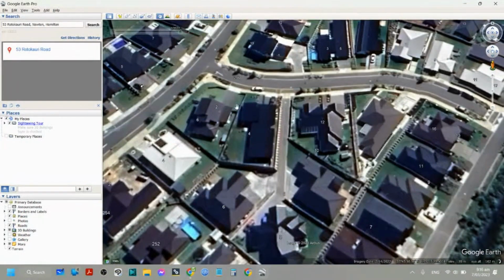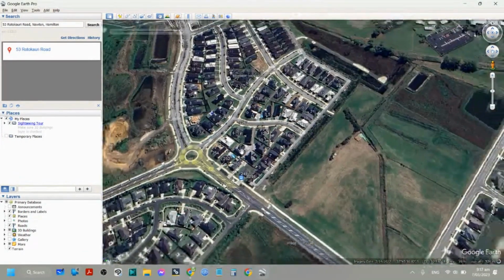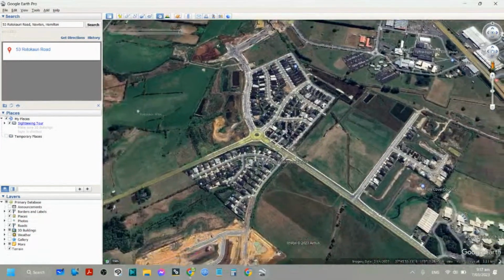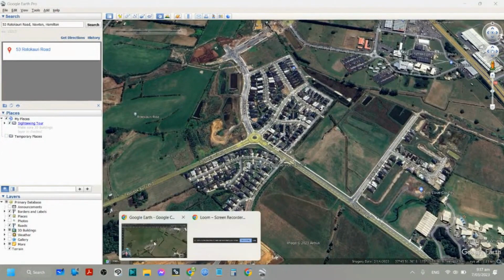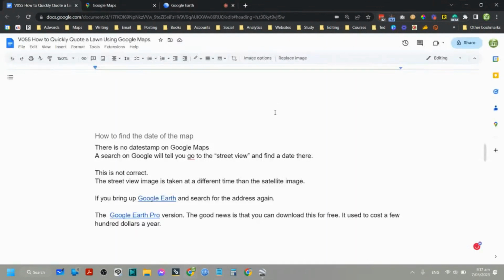This also has a measuring function, and you'll find that just up here, show ruler. So you can actually bring up newer lawns and measure them up if you're going to use Google Earth Pro, but you can only use that on your computer. So going back to Google Earth and then going back to this,